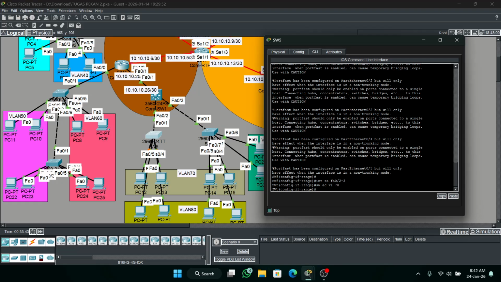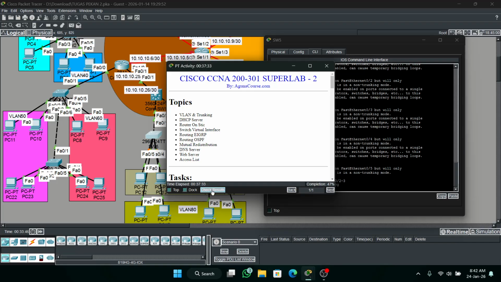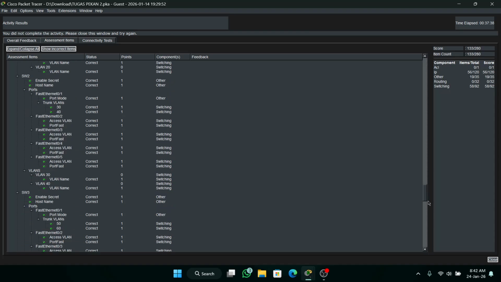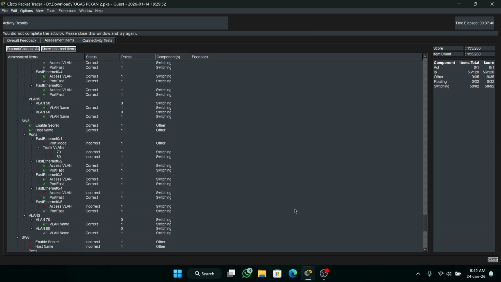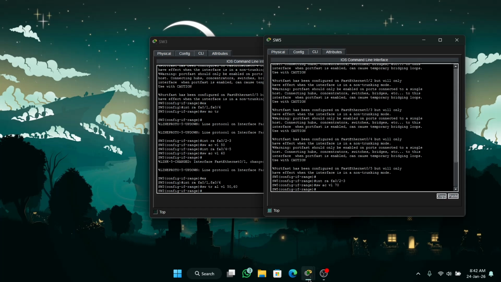Okay, check the activity first, make sure the configuration is not wrong. Okay, correct.